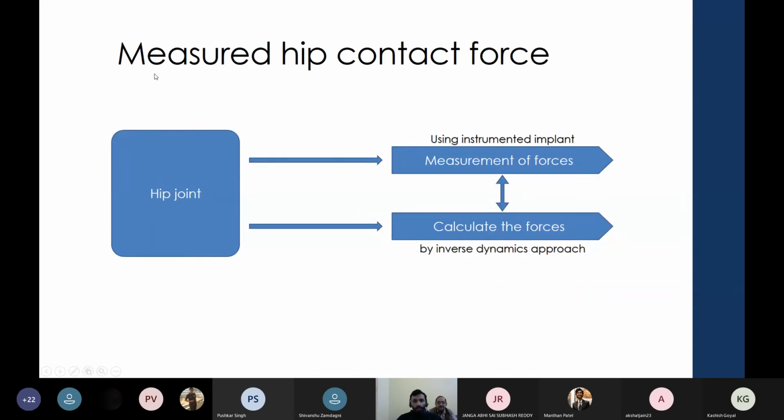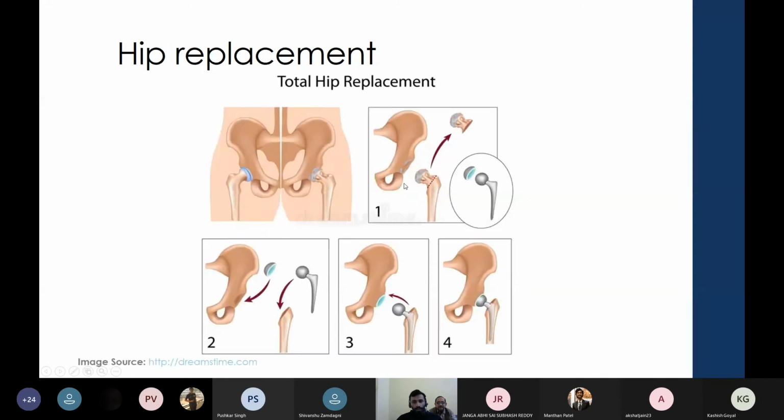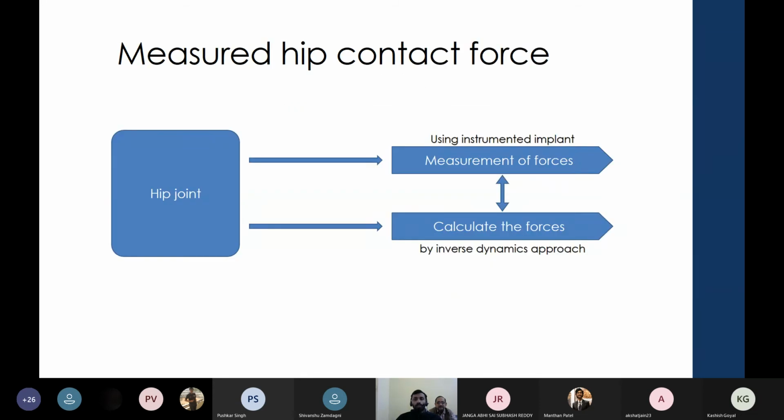The measurement of hip joint contact force is carried out using a particular instrument. Instead of the normal hip joint, an instrumented hip joint is used in order to calculate those forces at the joint. The basic idea of the study is to compare the instrumented implant measurement with the forces calculated using the inverse dynamics method.